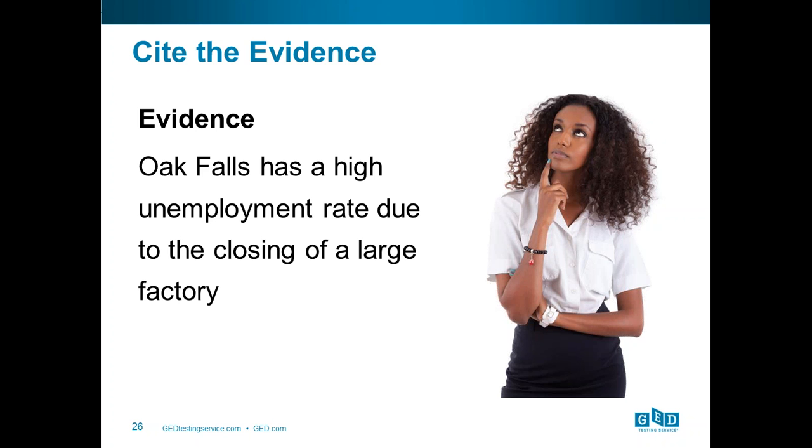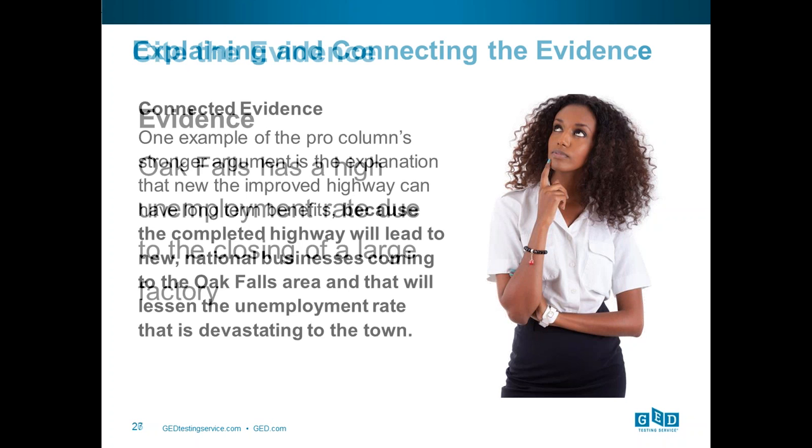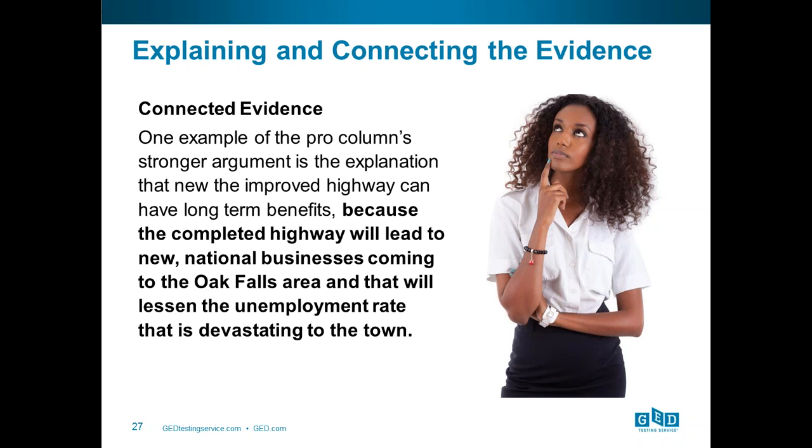Okay, here's a piece of evidence: Oak Falls has a high unemployment rate due to the closing of a large factory. That almost sounds like the other side's evidence, but I can take this piece of evidence and show students how I can connect it. One example of the pro column's stronger argument is the explanation that the new improved highway can have long-term benefits. They talked about how a completed highway is going to lead to new businesses. And if I've got new businesses in town, my unemployment rate, which right now is devastating, is going to be